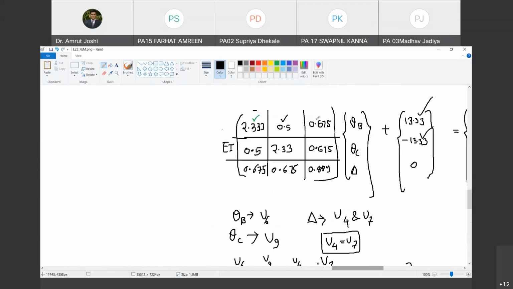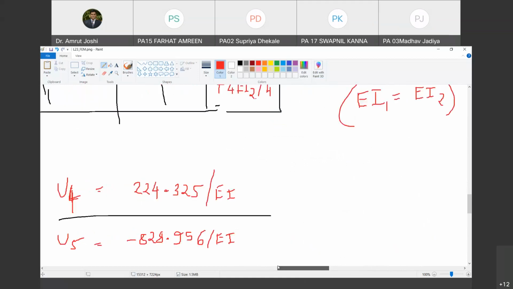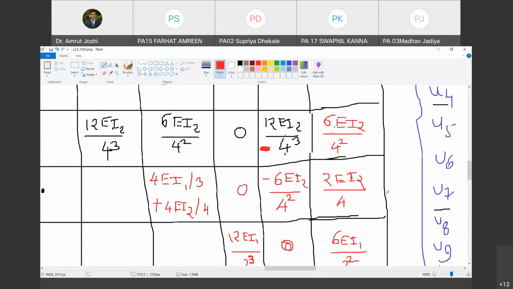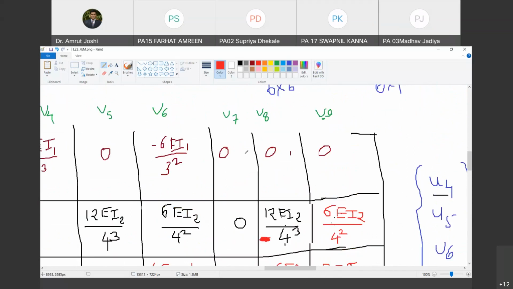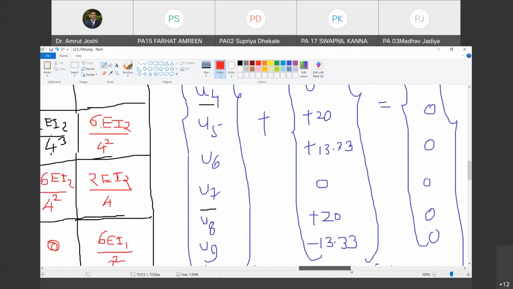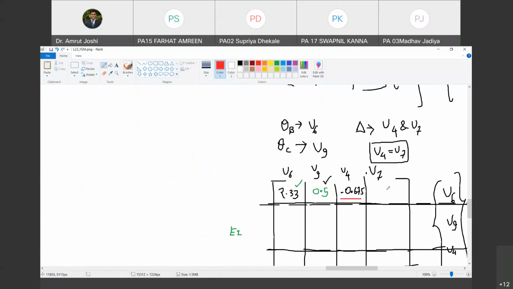लेकिन यहाँ पे प्लस 0.675 है. आर यू विथ मी? Yes, sir. एक अभी जैसा है वैसे लिखते हैं. We will mark it with red line. Let us check what is the mistake later. Now 7 and 6. So U7 and U6, that is third row. So U7, U6, it is 0. Do you agree with me? Yes, sir. तो यहाँ पे तो 0 आया.